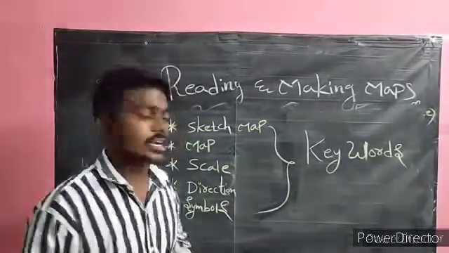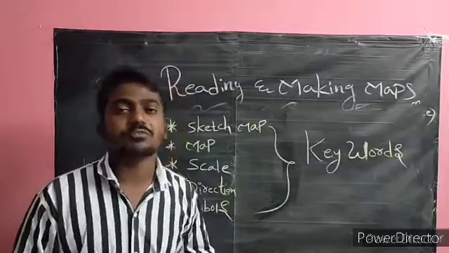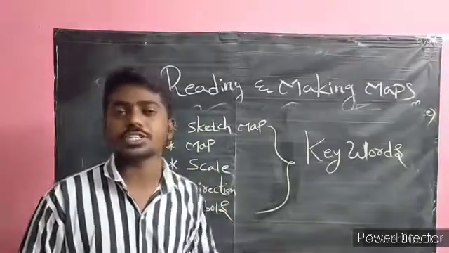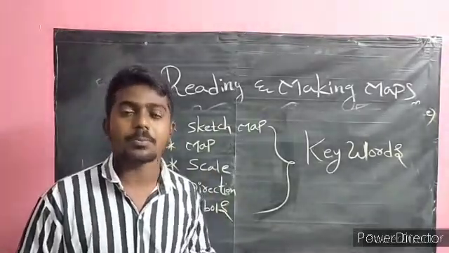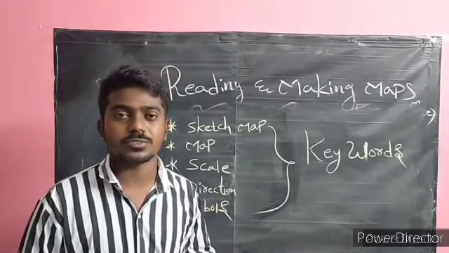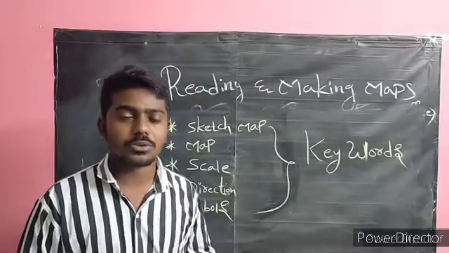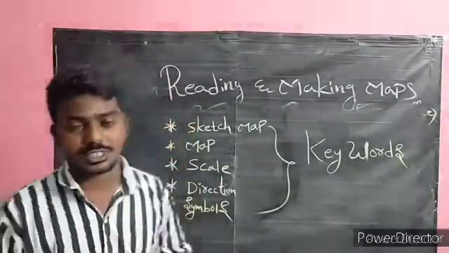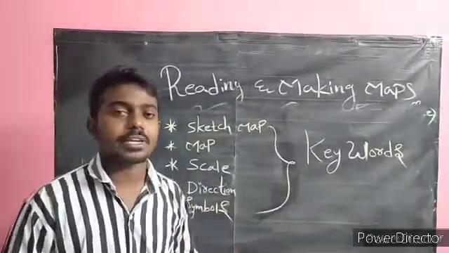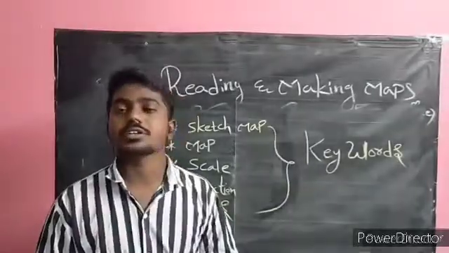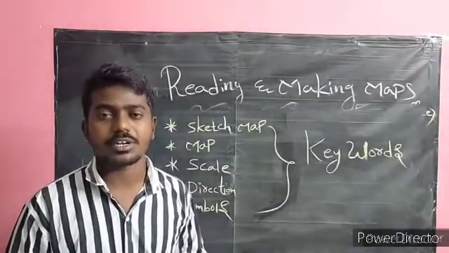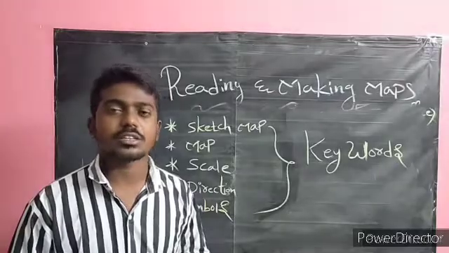Next, come to the next topic, directions. I told about the direction: which side is the east, west, north, and south. You have to do the box which is given in the textbook, and about the district map also. About our Telangana map also you have to do. Which side is Mahbubnagar from Hyderabad? You have to do some questions which are present in our textbook first lesson, reading and making maps. And next we discussed the intermediate directions, the corners, also called subdirections: northwest, northeast, southeast, southwest.